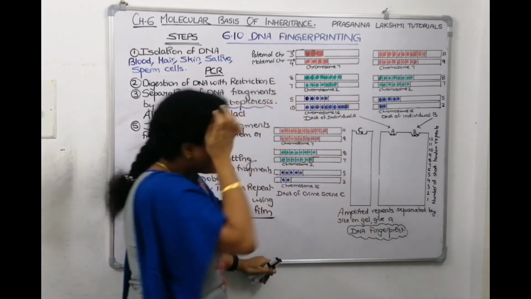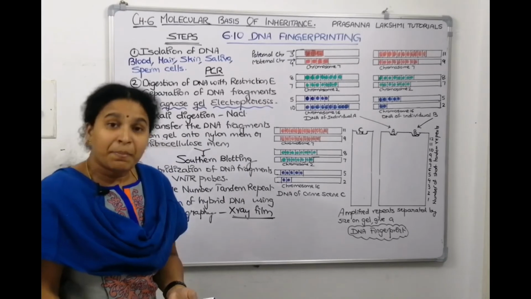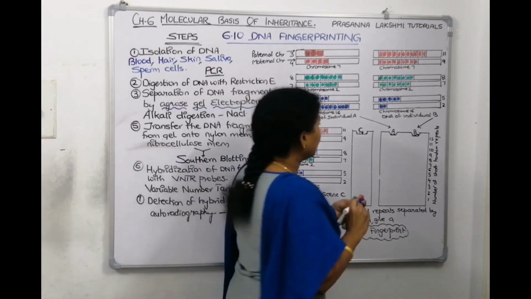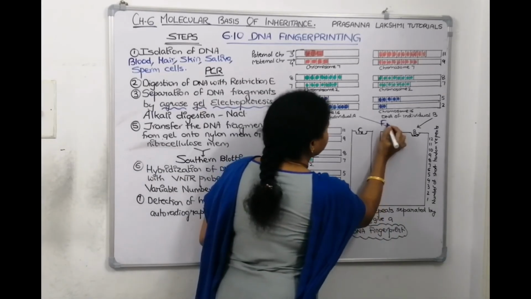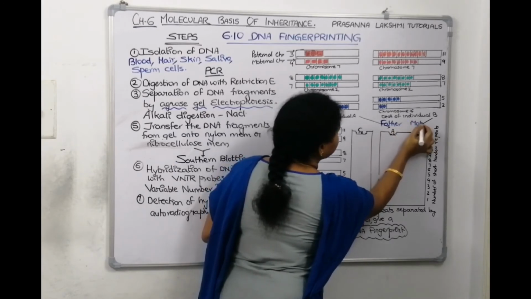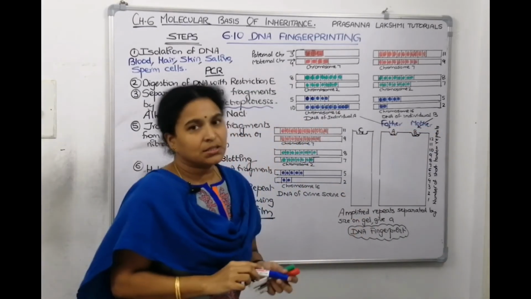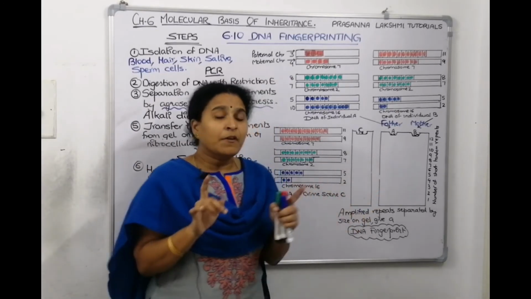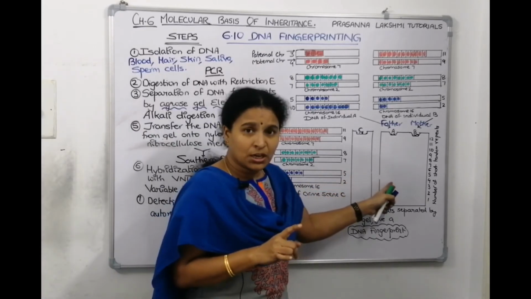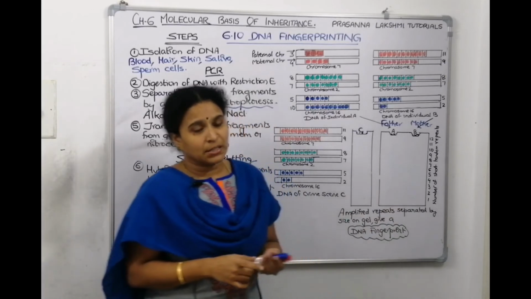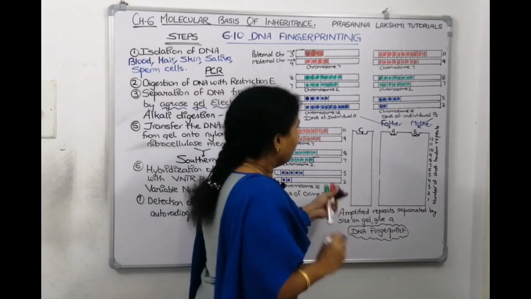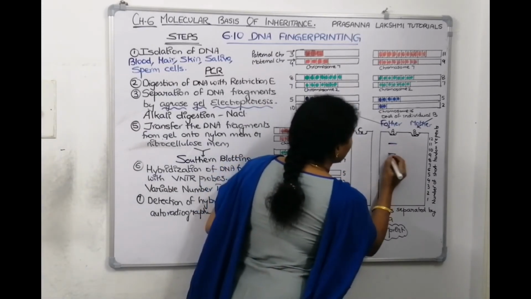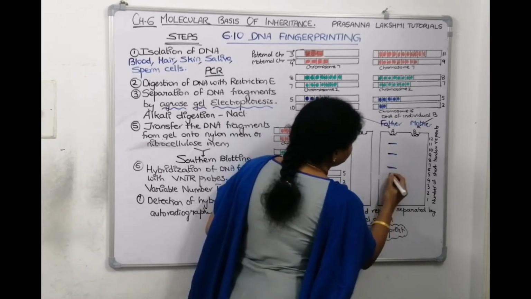I want to show how you can go with paternity testing. Now C means child, A is father and B is mother. Now we digested father's DNA, mother's DNA, child's DNA. If this child belongs to the same father and mother, 50% of the child's DNA matches with the father's DNA, and 50% matches with the mother's DNA. So we will think that they are the same pair, that they belong to the same child. Father got 2 bands like this.